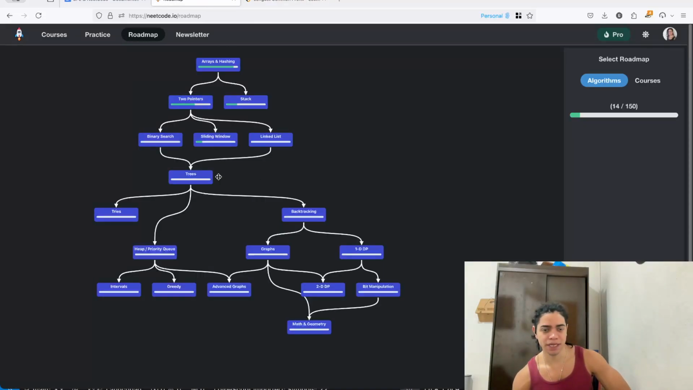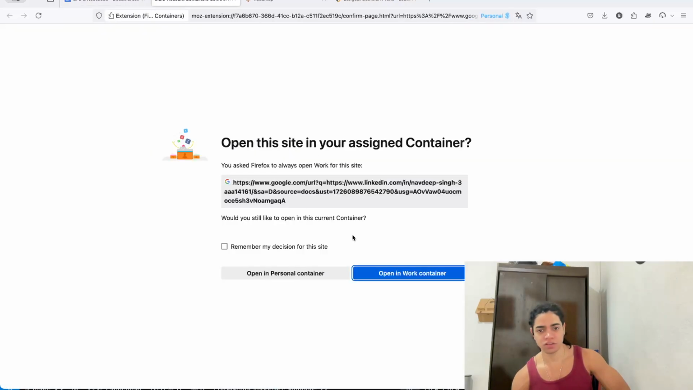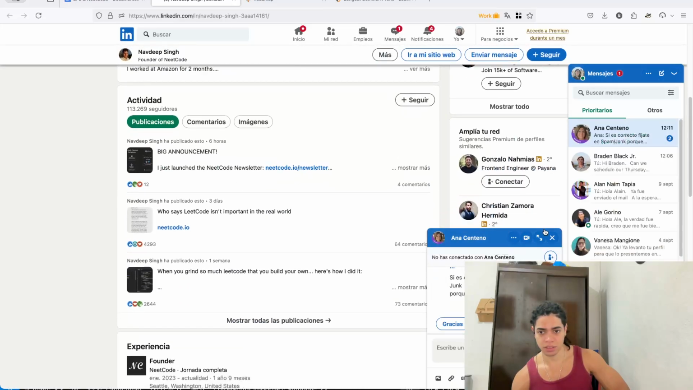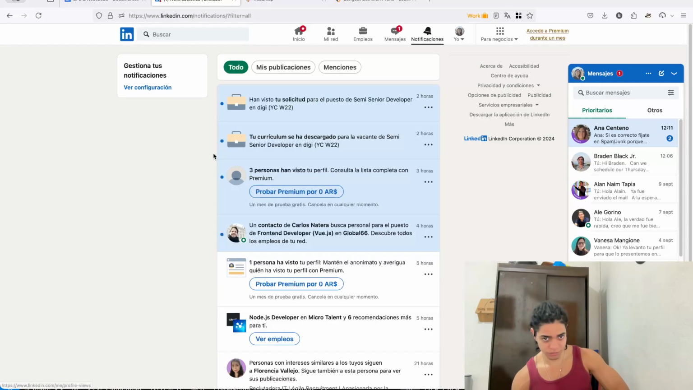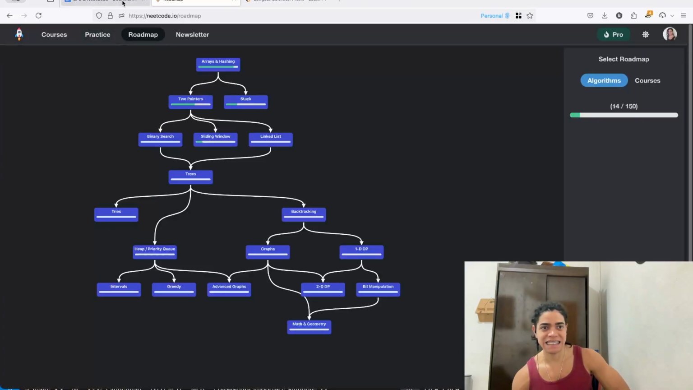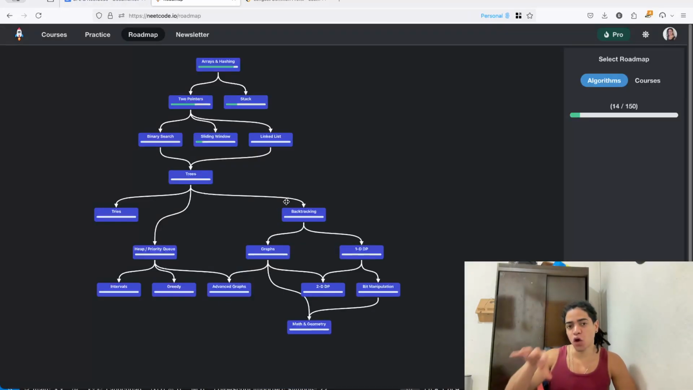because this roadmap is based on NeetCode, which is made by Navdeep Singh, a software engineer that has previously worked as a Google intern. So he worked at Google, and now has this particular company where he also teaches how you should actually start,